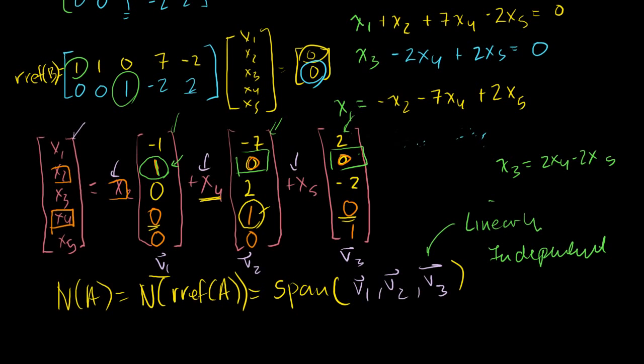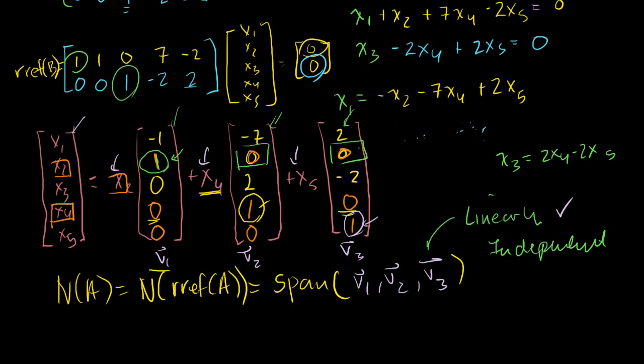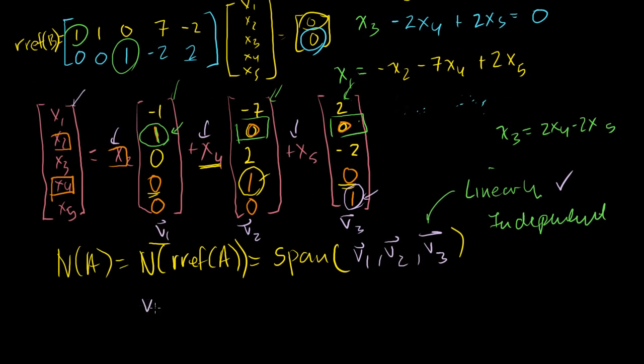And last, this x5 guy right here has a 1 here, and these guys have zeros here. So no linear combination of these zeros can equal this 1. So all of these guys are linearly independent. You can't construct any of these vectors with some combination of the others. So they are linearly independent. And so the set v1, v2, and v3 is actually a basis